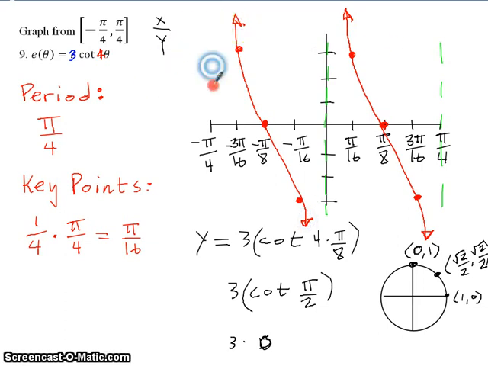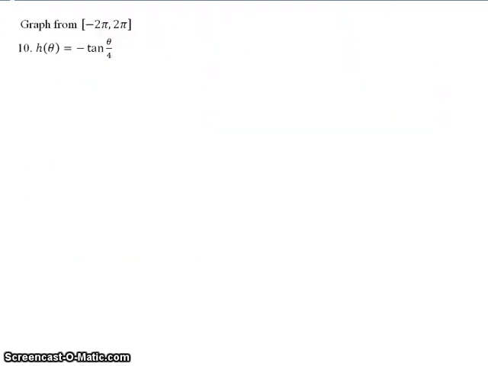All right, let's move on to the next problem here. We're going to look at a tangent problem. We have to graph from negative 2 pi to positive 2 pi, and let's go ahead and first figure out what our